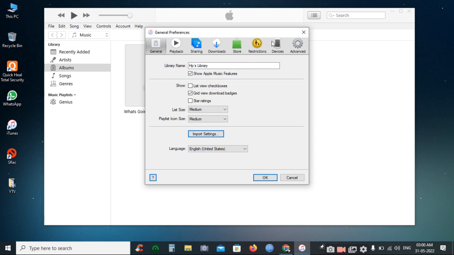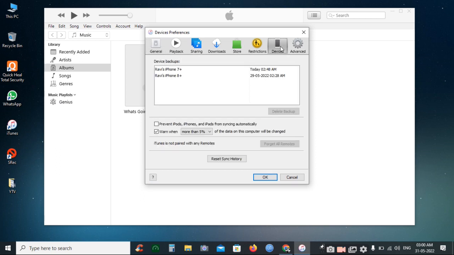In preferences there will be a section devices. Go to devices, and now here all the backups which I have done to this laptop will be shown here. Just click on the backup which you want to delete permanently from your laptop. As I want to delete the first backup, so I'll simply click on this backup and click on the box